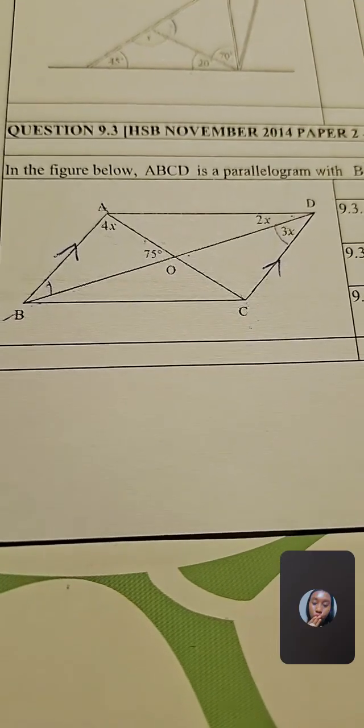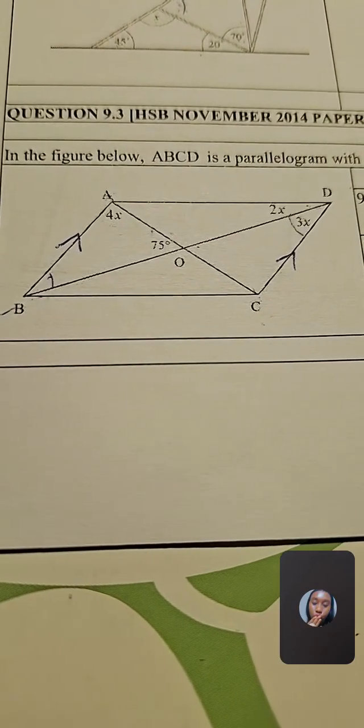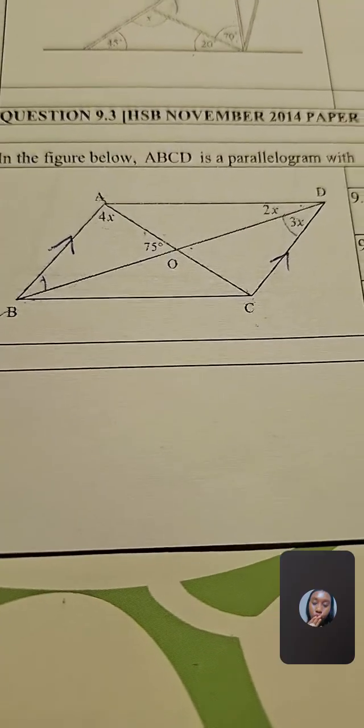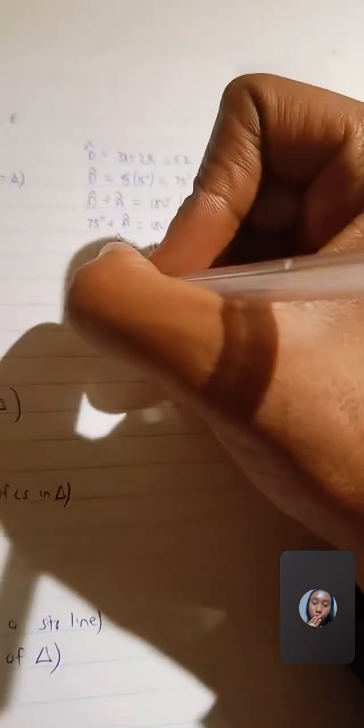What do we know about the opposite angles of a parallelogram? Opposite angles of a parallelogram are equal. So therefore, what can we say? Angle BCD is equal to angle A, which is 105 degrees. Reason: opposite angles of a